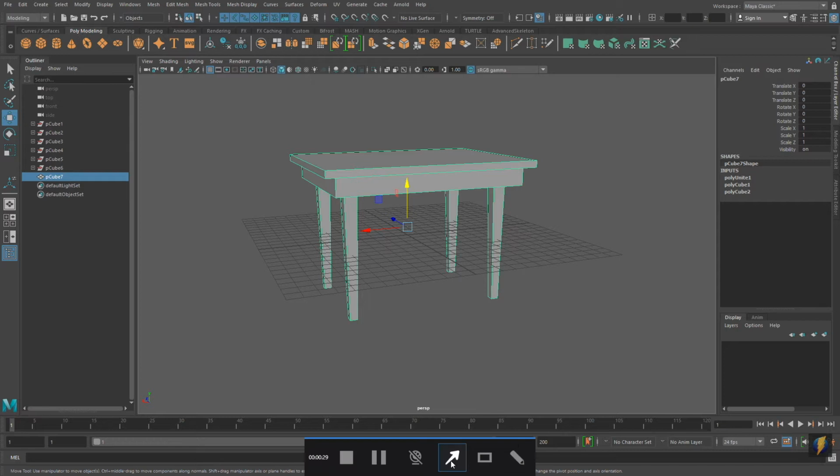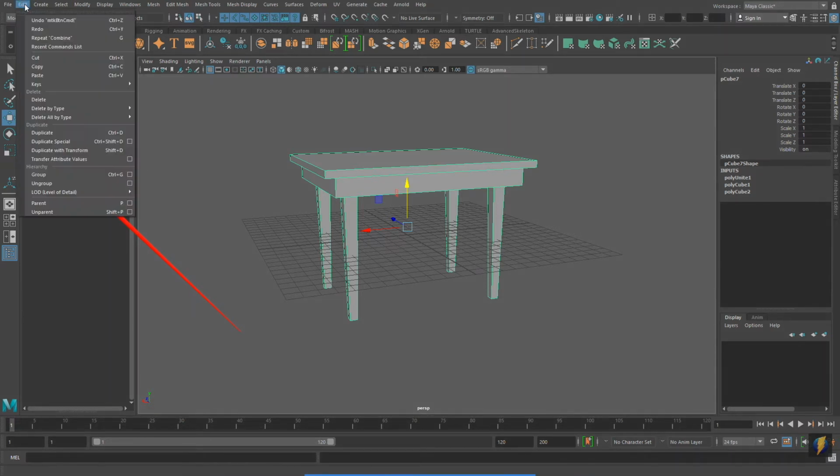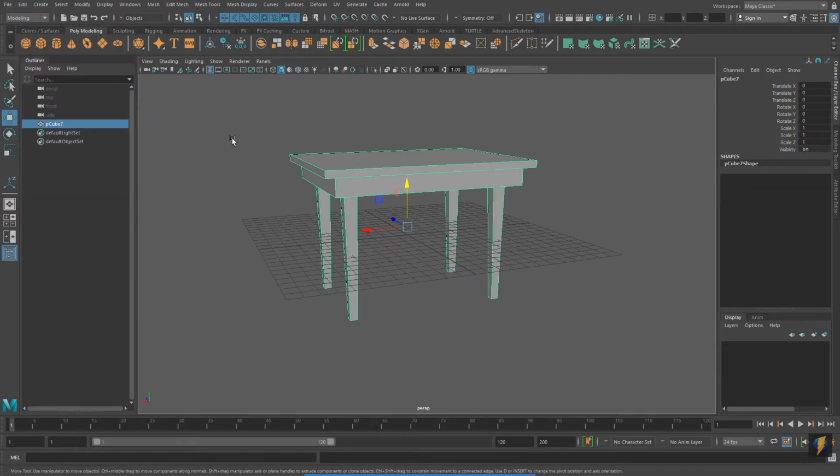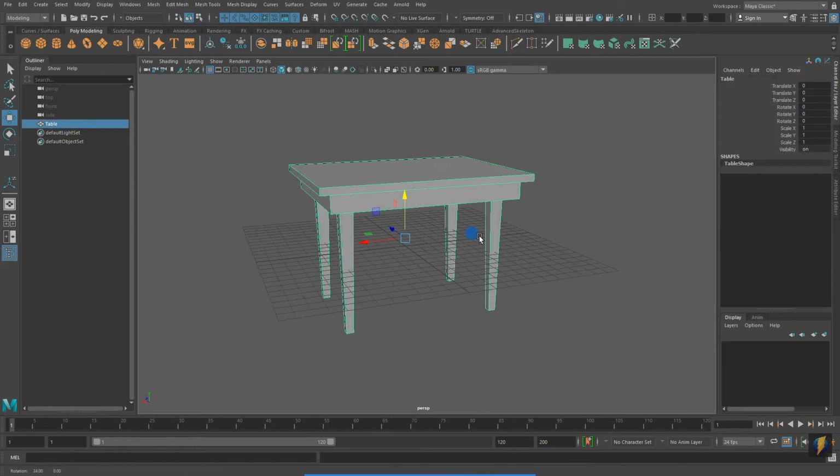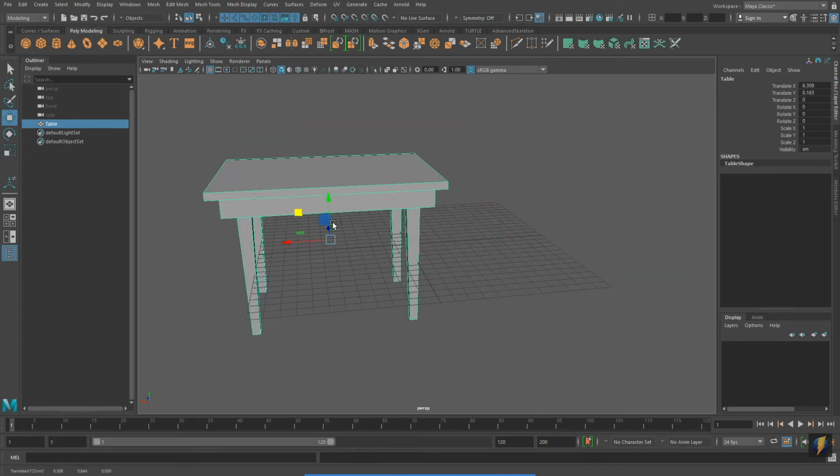However, if we look at it in the outliner, you will notice that the table has a number of nodes under input. This is the table's history. And that's why I have these extra nodes in the outliner. So, with my table selected, I will go to Edit, Delete by Type, History. Notice that the nodes in the outliner disappeared, and you'll also notice that the history is no longer there in the channel box either. And of course I can now take this object and move it,